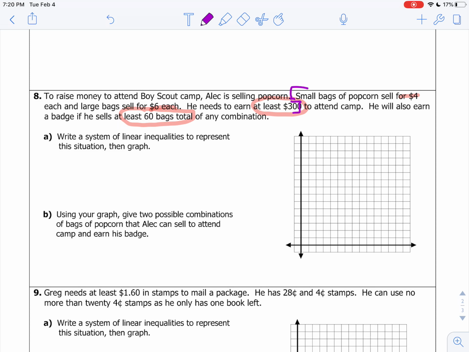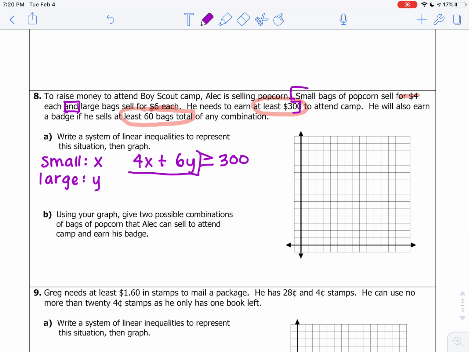It says small bags sell for 4. So we have 2 different pieces. Just like before, we have small bags and we have large bags. Small bags sell for $4 each. So $4 depending on how many you buy is the x. So like if we bought 3, it'd be 4 times 3. We just spent $12, right? And, which means plus, large bags sell for $6 each. We're going to put a y next to that because we said y was for the large. He needs to earn at least $300, which means that this side needs to be greater than or equal to 300. Because if he doesn't raise at least 300 here, then he's not going to be able